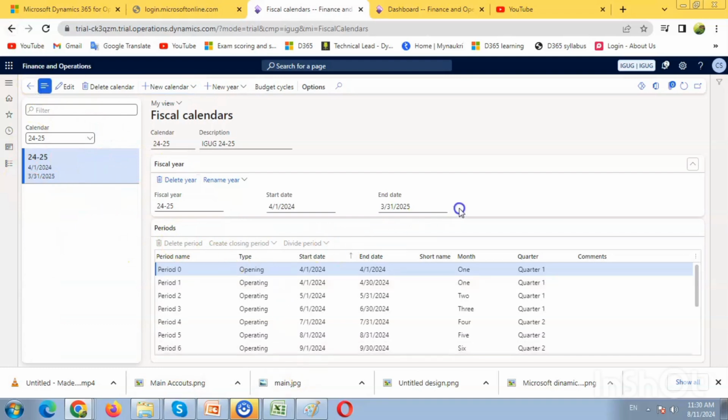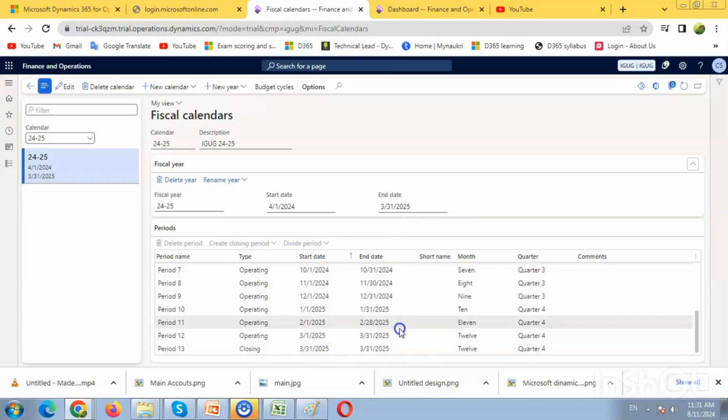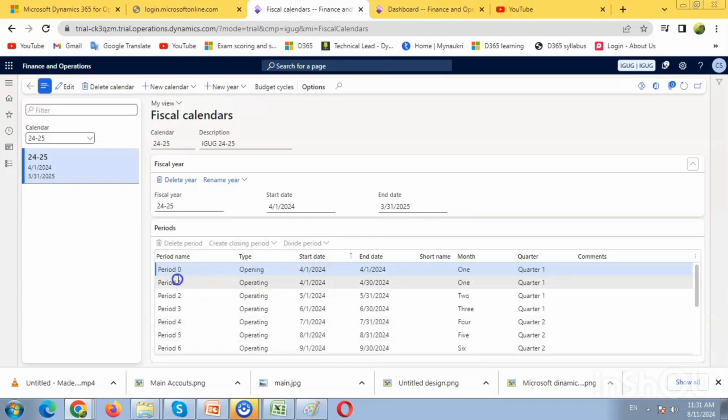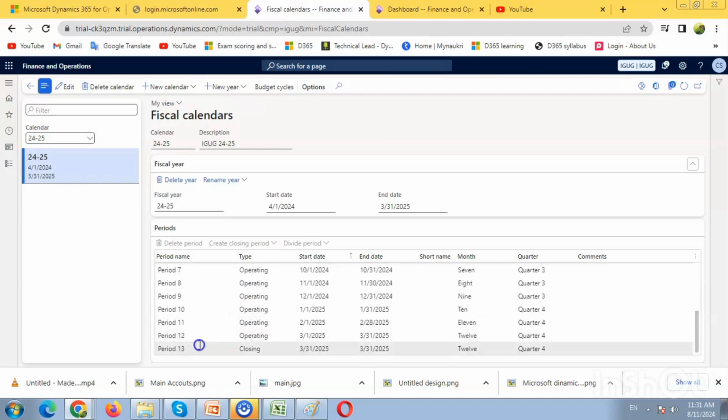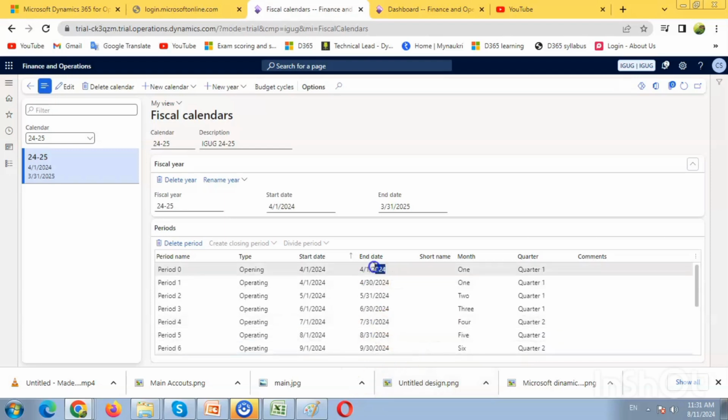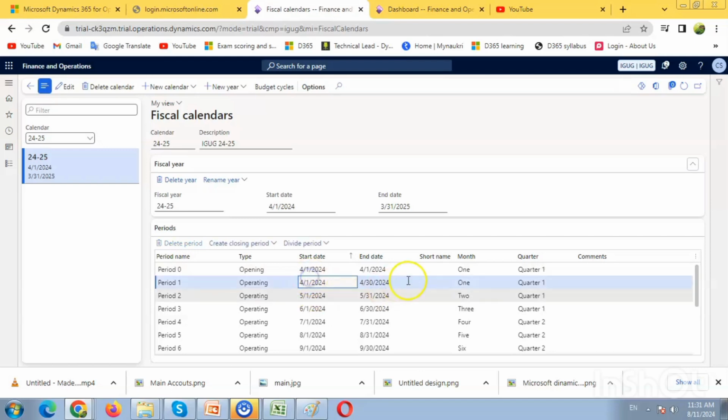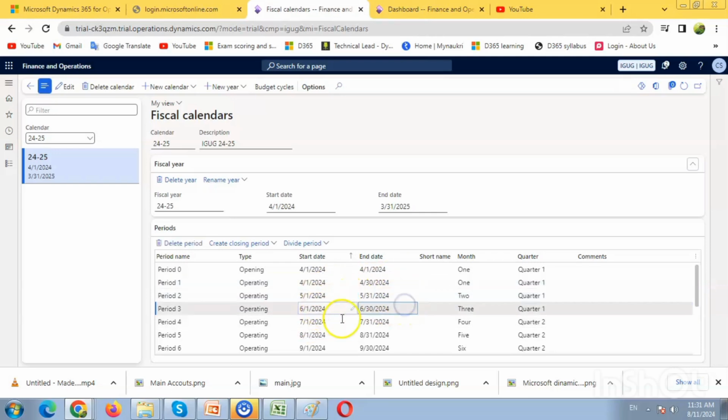See, here we can see the system has created 14 periods, that is from 0 to 13. Again coming to here, it's like an opening period, and this is starting from April 1st to April 30th, the first one, and again like this May, June,